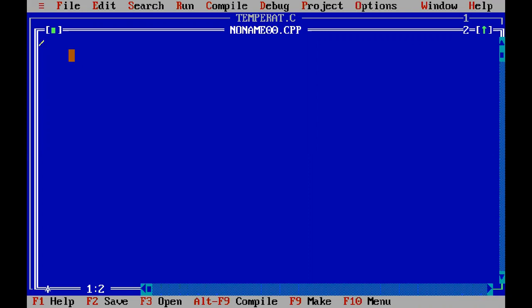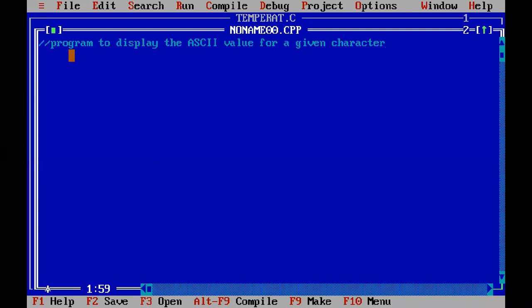Now we will look at a program to display the ASCII value for a given character.